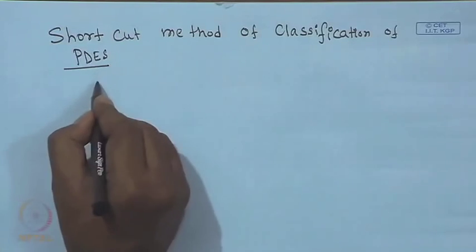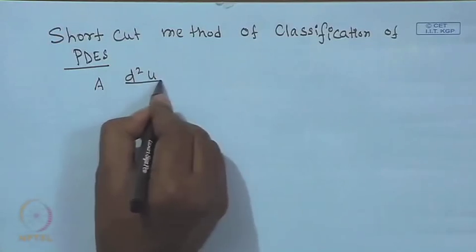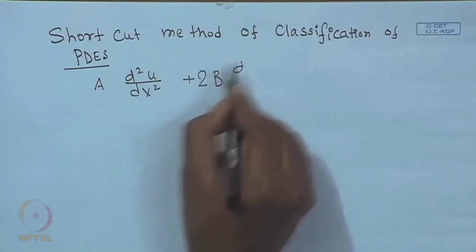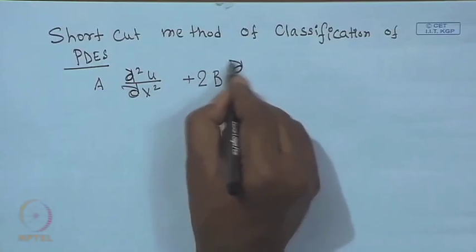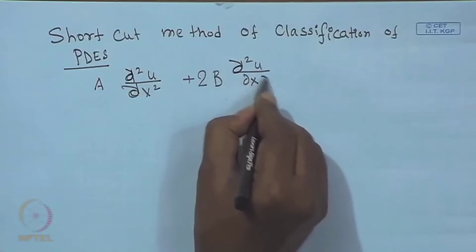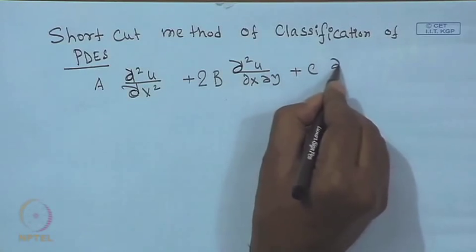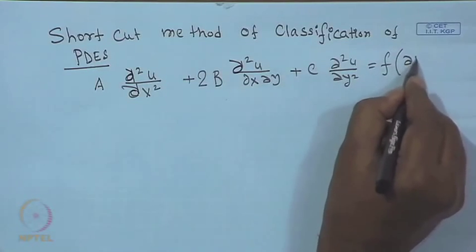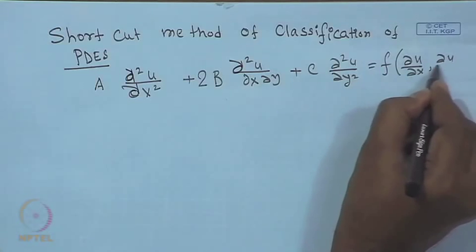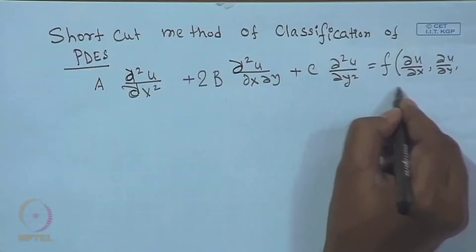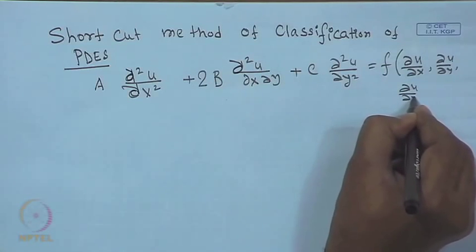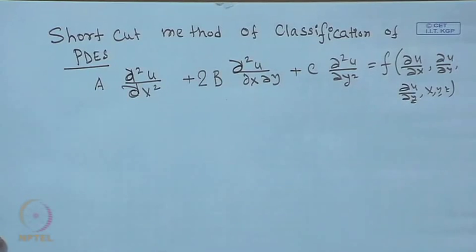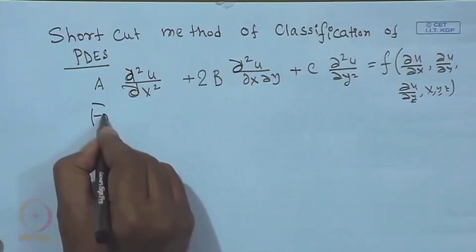This is basically a d square u dx square plus 2b del square u del x del y plus c del square u del y square is equal to some function of del u del x, del u del y, maybe del u del z, x, y, z or any kind of form. Now, if this is the case for two independent variables,